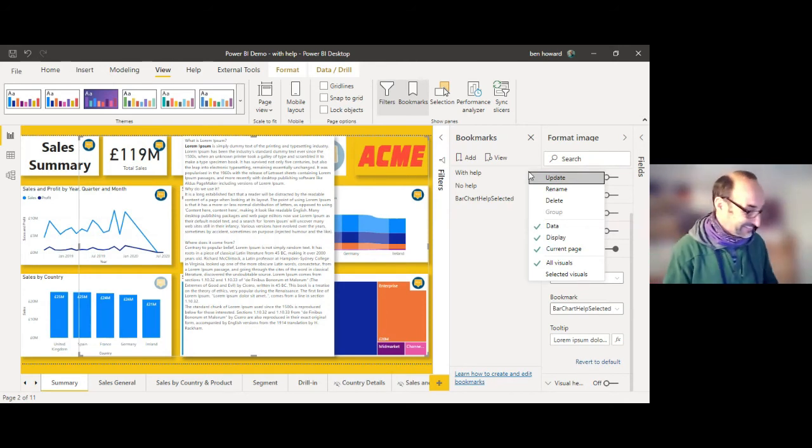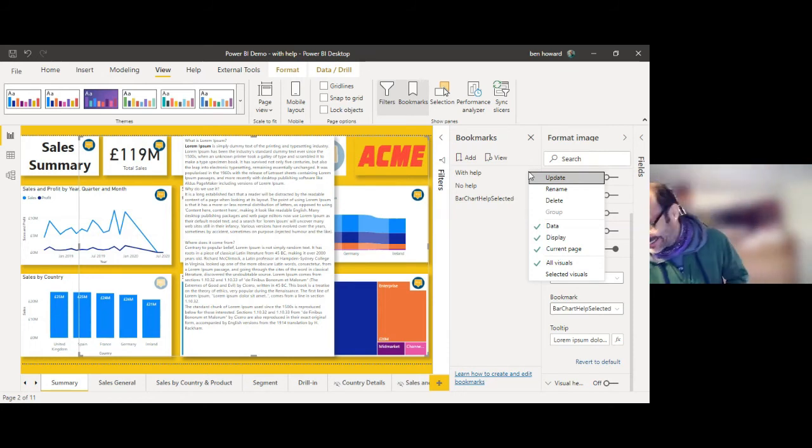Yeah. So these are the sort of options you use when you want the data to stay in a specific way, or if you want to have the filters affect or not affect the bookmarks as well. So these are the sort of settings that you need to consider when doing those sorts of things. If I can jump in on that, the data one kind of saves the status of all the slices. Yeah, that's right.